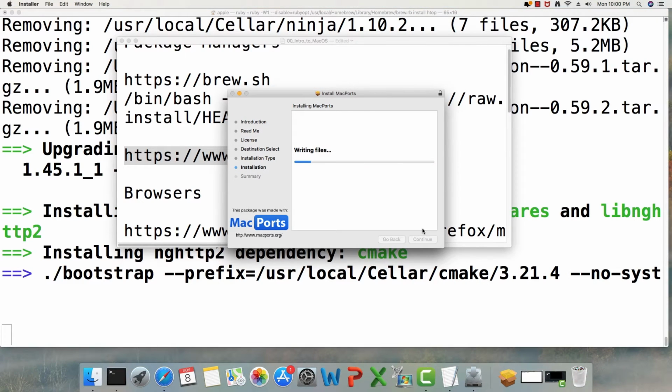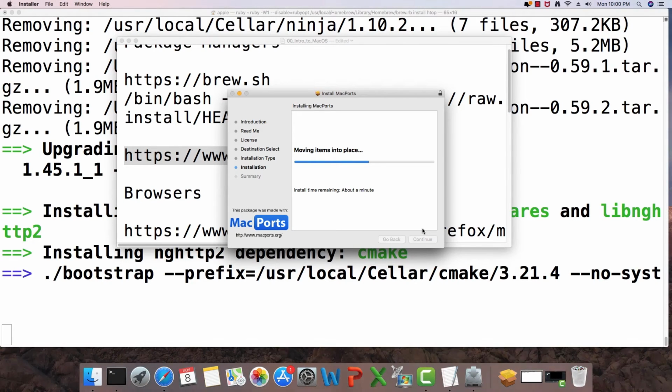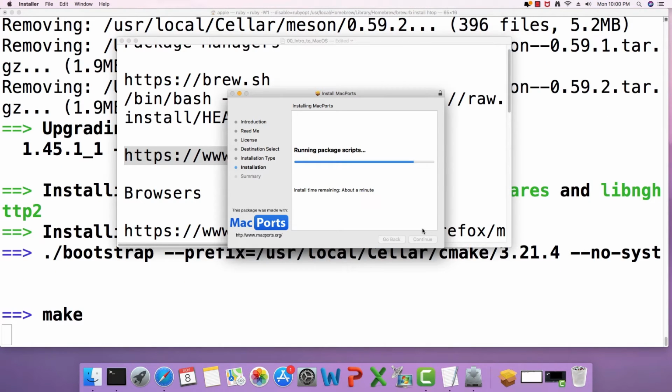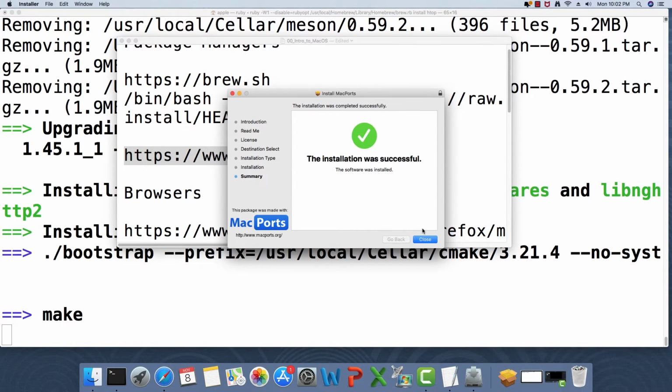It is writing the files now, and it is going to take quite a while for the files to be written. It seems that the installation is about to finish. It is going to take a minute to install.